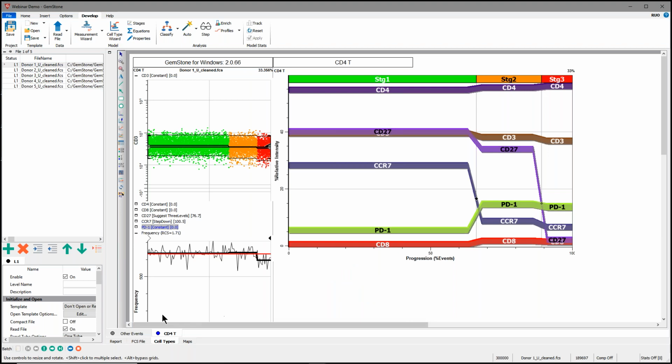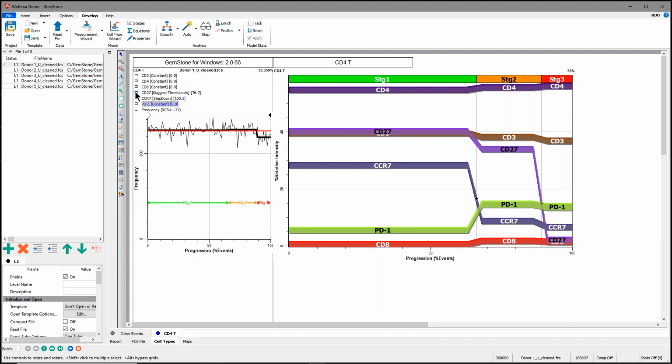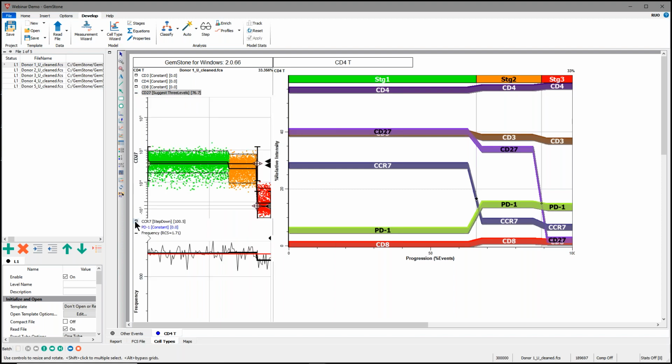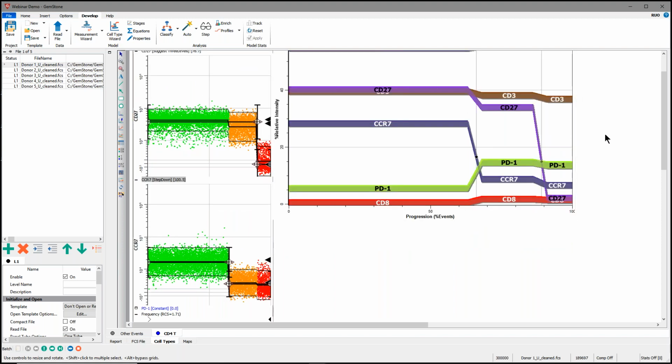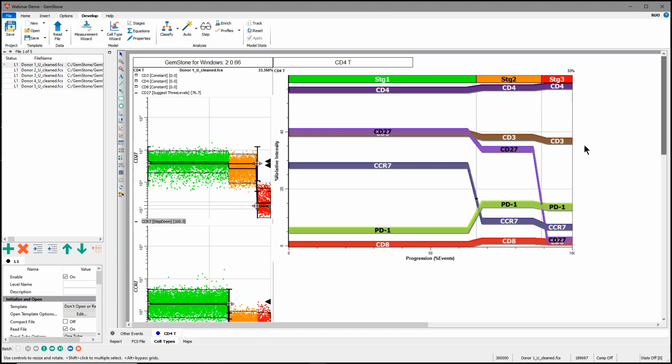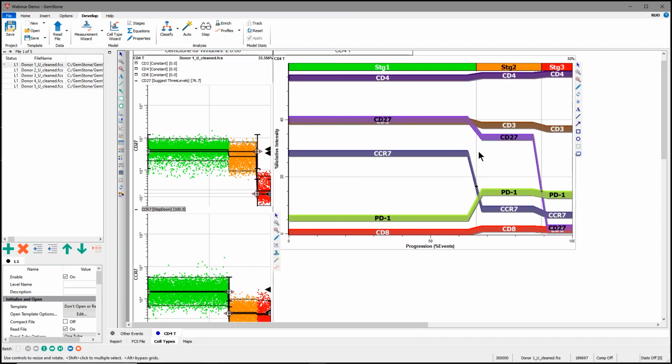And then I'm going to come into my cell types. Each one of the cell types in our data file will have a workspace. The staging is calculated automatically. You can see that CD27 downregulates, CCR7 downregulates, and this again becomes the basis of that overlay plot. We can follow this over for CCR7 downregulation, CD27 downregulation, and the difference between these two form that